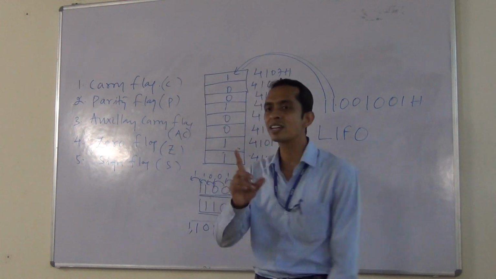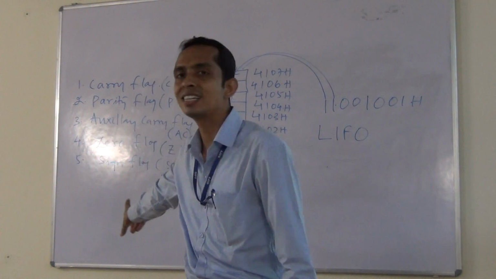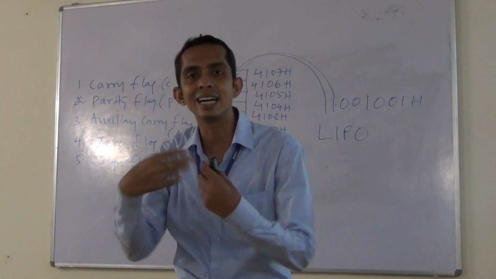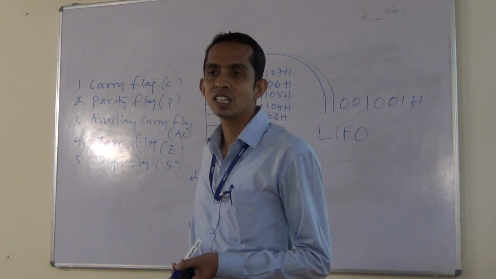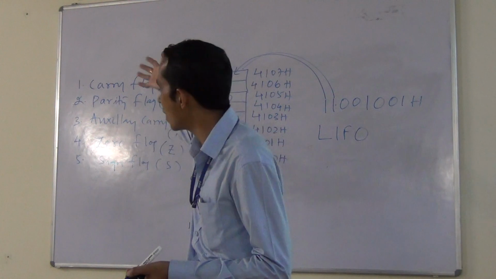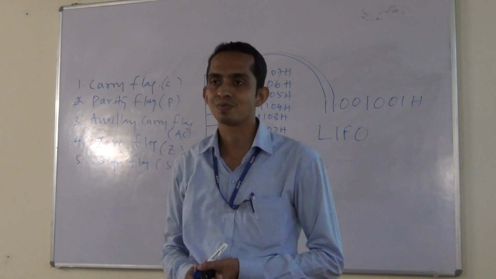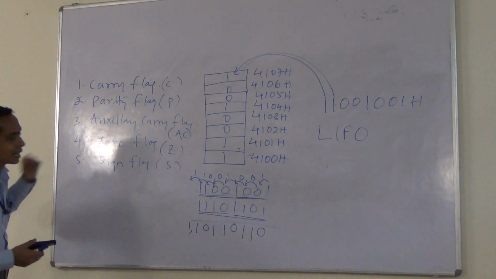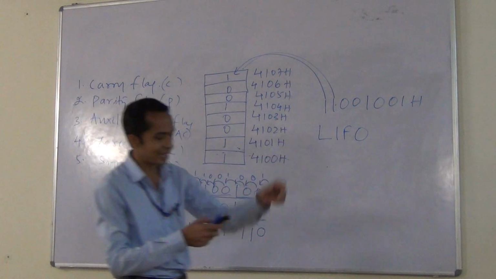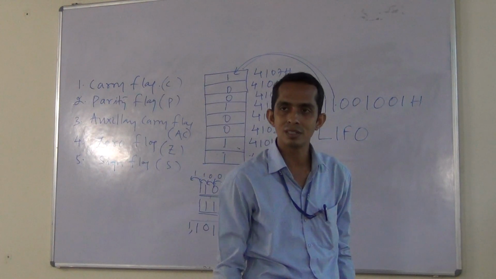So in this way, one conclusion is there. These flag registers, those available in front of you, are set or reset depending upon the internal status condition. That's why these flag registers are known as the status flags. Then you may ask me, sir, these are 5 flag registers, but you are saying the flag register is 8-bit. So how is it possible?